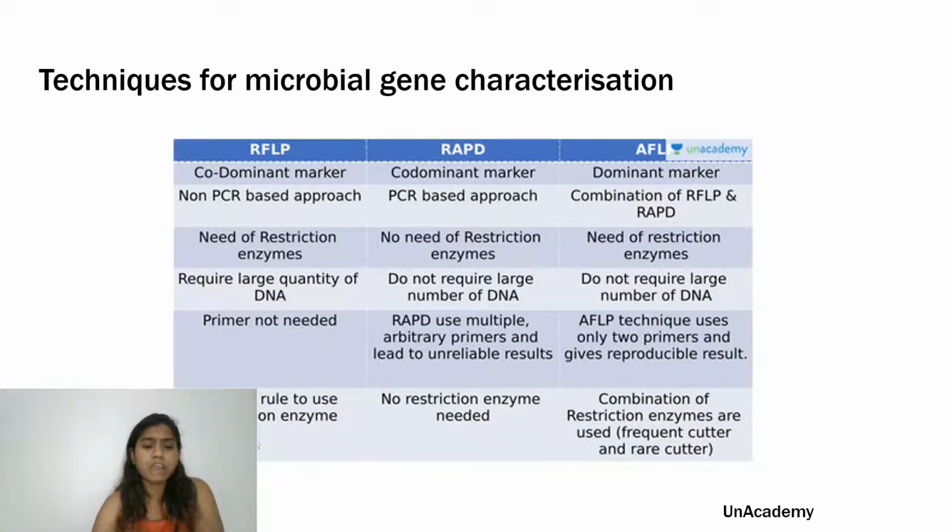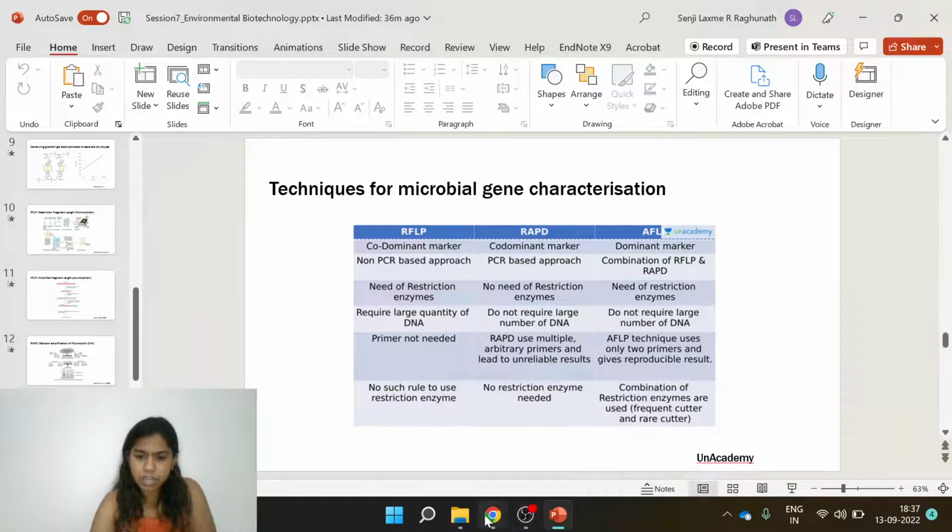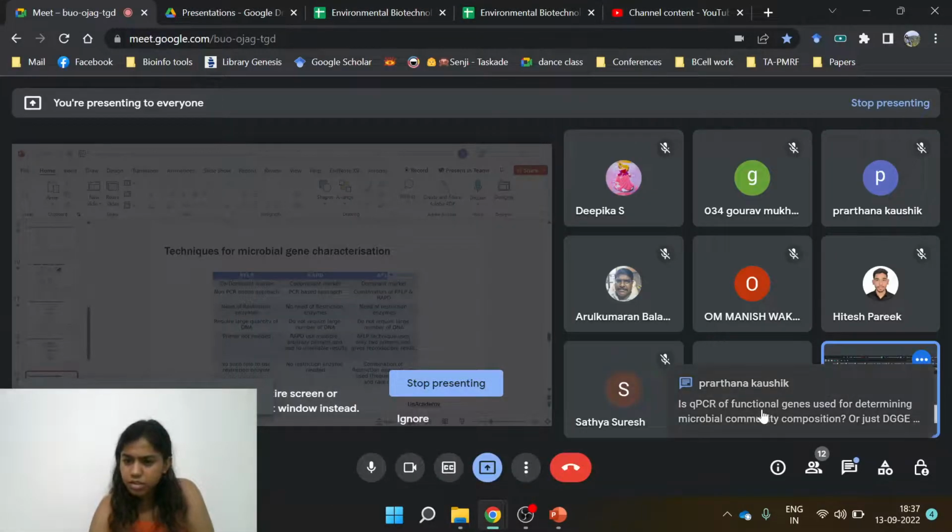So we don't have to use any specific restriction enzyme in RFLP. Like I said, we can use a pool of commonly used restriction enzymes and get the whole idea about different restriction patterns. But in case of AFLP, in order to use the ligation adapters, we need to use a combination of specific restriction enzymes that we have a prior idea about where they'll be cutting, and it is always used in a combination of frequent and rare cutters. Frequent is something that cuts after multiple sites,